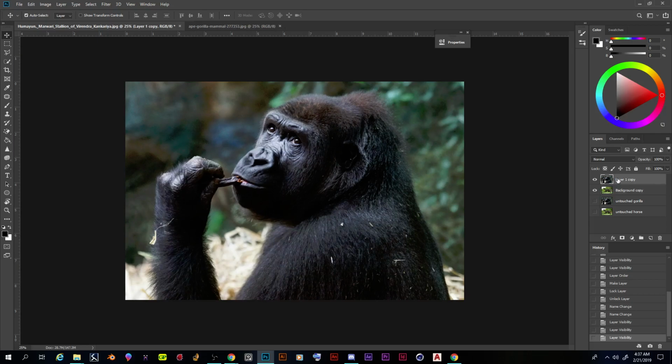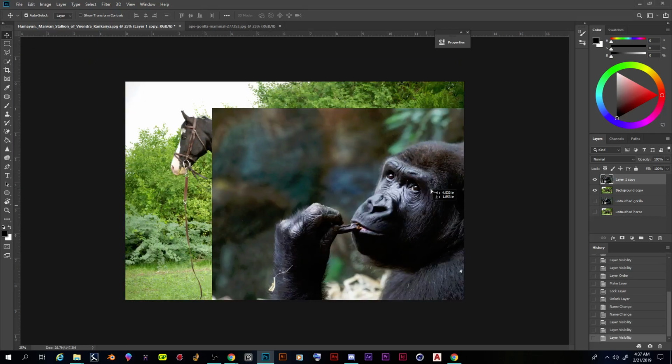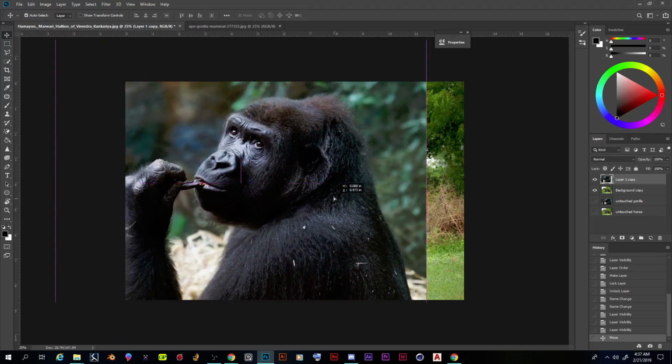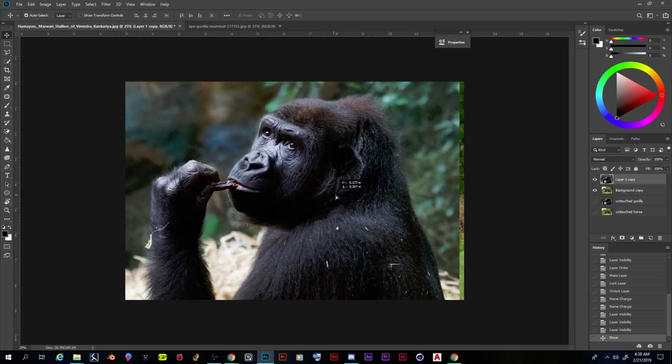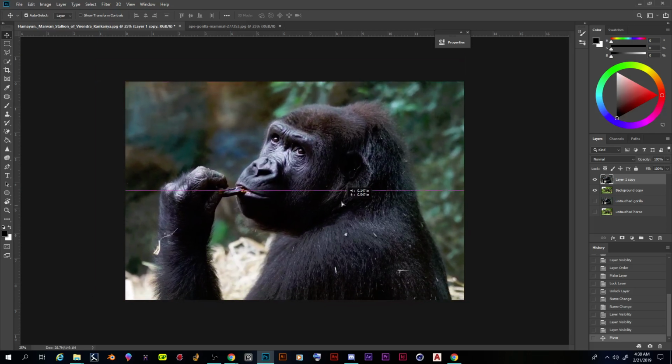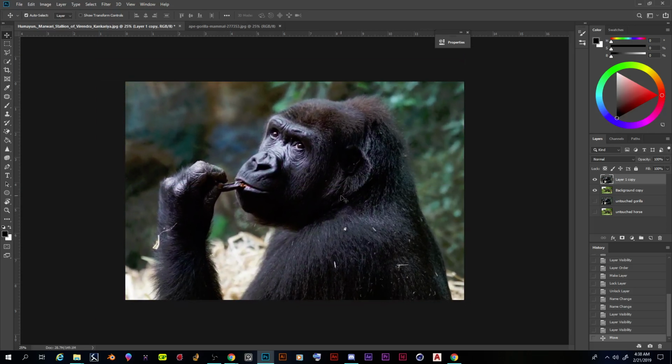Okay, next part that I want to do is I want to mask some things out with my gorilla. I can't necessarily work my hybrid or make it work well if I have all this stuff around the outside. So I'm going to make a layer mask. And before I do that, I want to scale this down just a little bit so I can get it all on the screen. And the way that we scale it is by going up to Edit,